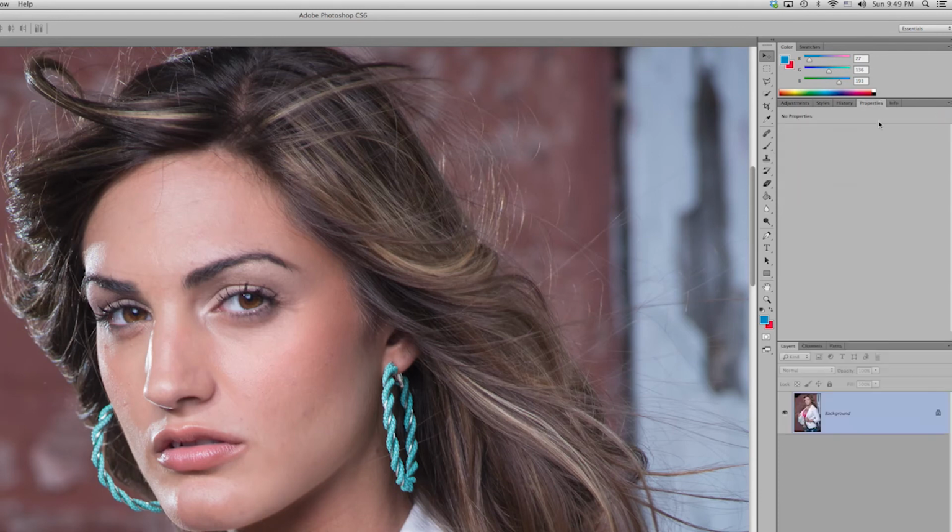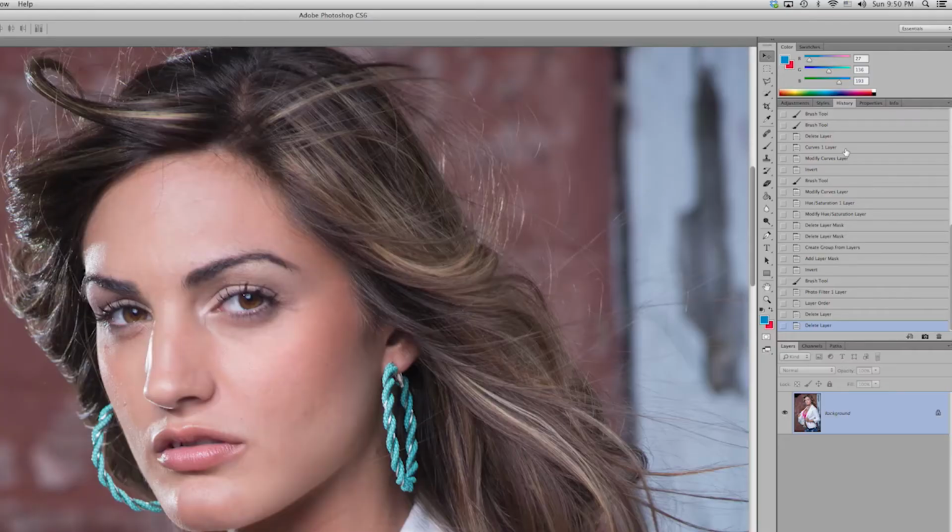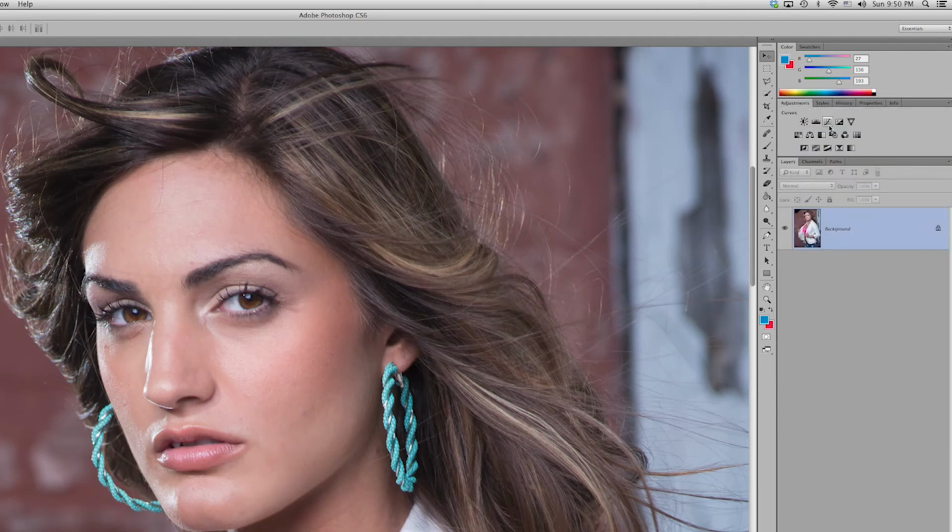Now properties, for example, is basically when you have an adjustment layer, it gives you all the options that the adjustment layer provides. So you can modify the adjustment layer and tweak it, just like I do with our curves or color and things of that sort. History, like we previously discussed, just goes back in time should you want a visual layout of what you've been doing. Now, with other things like adjustments, this adjustment palette is basically the same thing that we had down here, except it's on its own little palette,